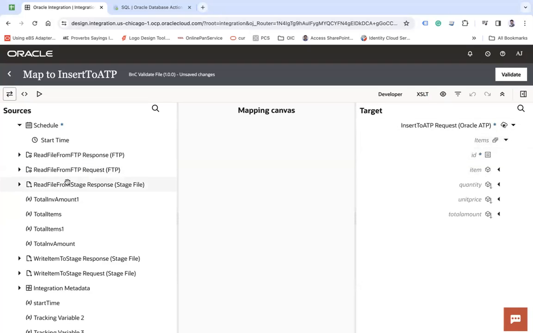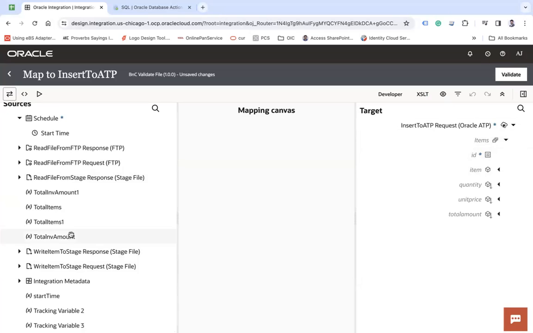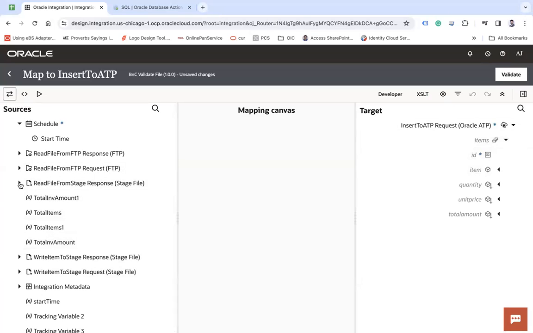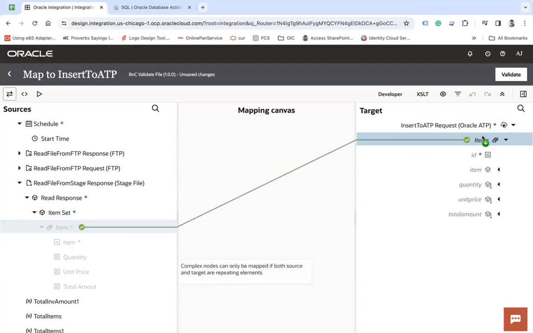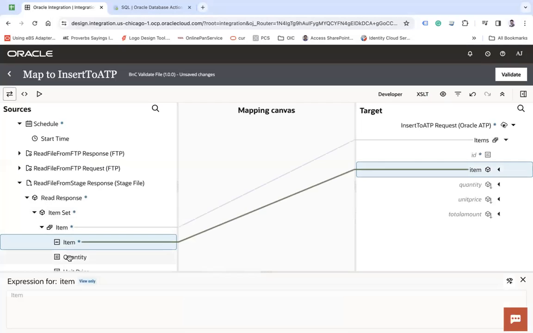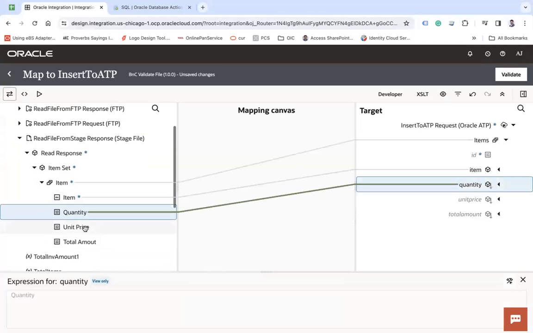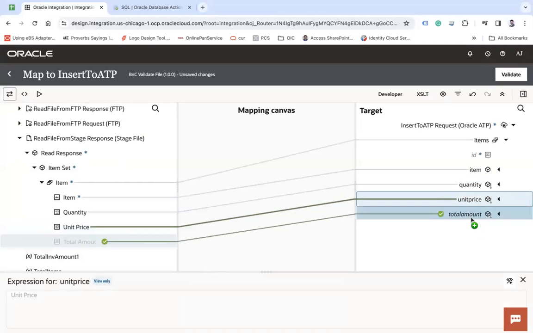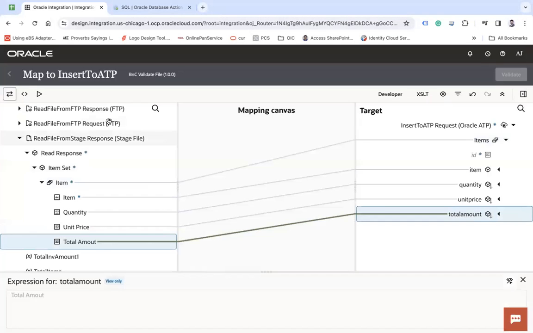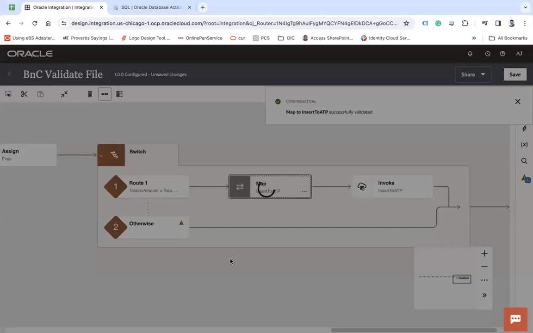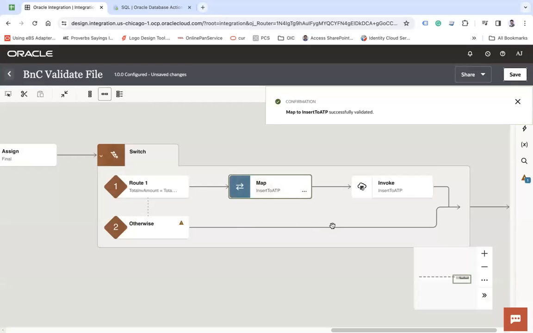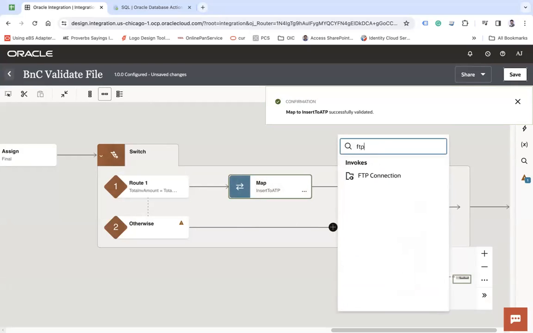Items. So read file from FTP, read file from stage. Map item, quantity, unit price, and then total amount. If that condition does not match, I'm going to move that file into an invalid folder. So later there, let's say FTP,